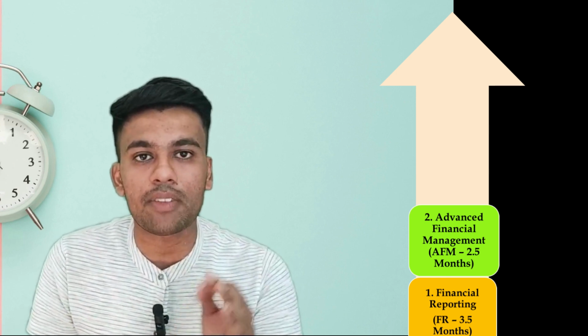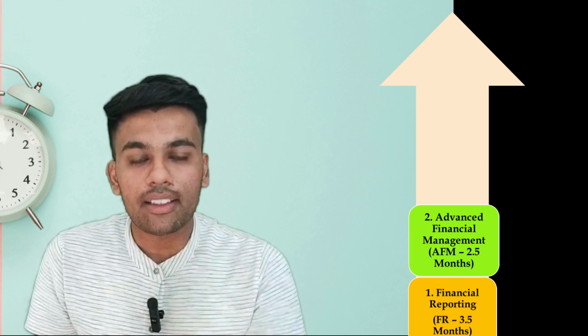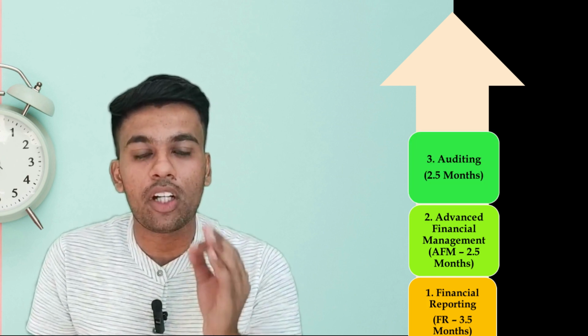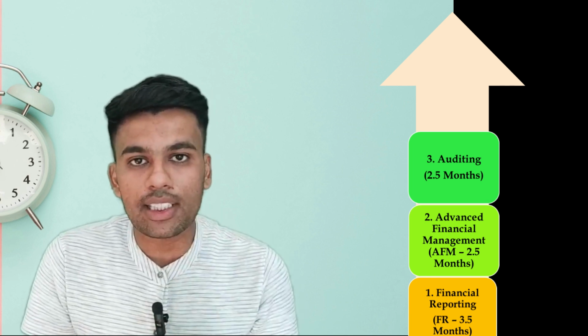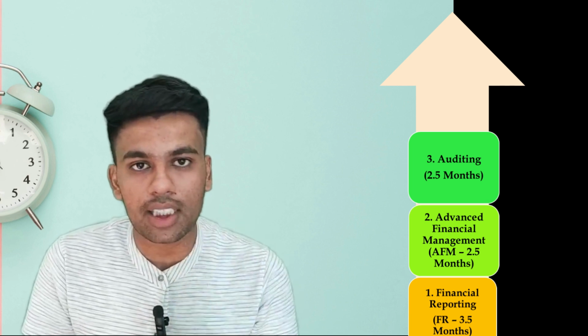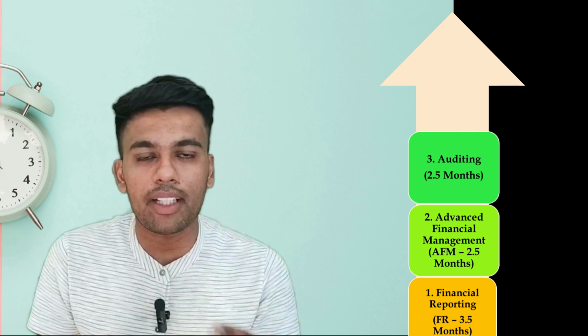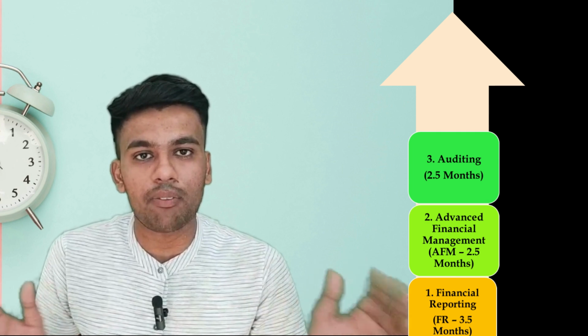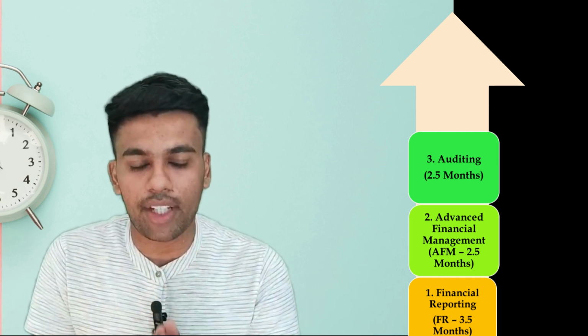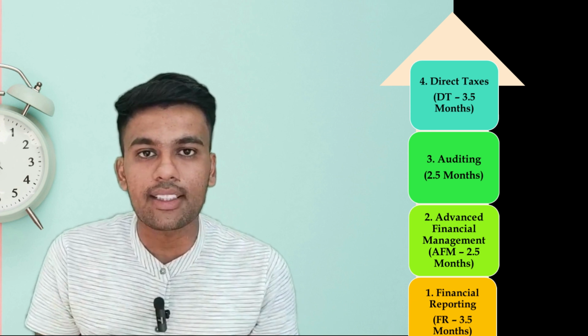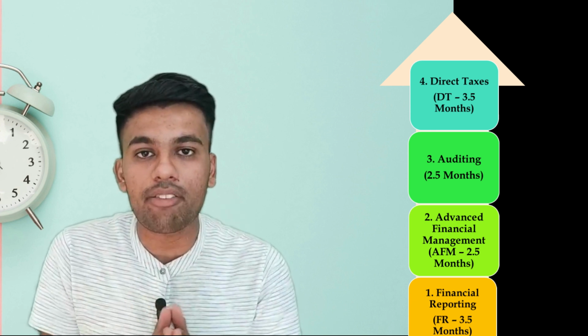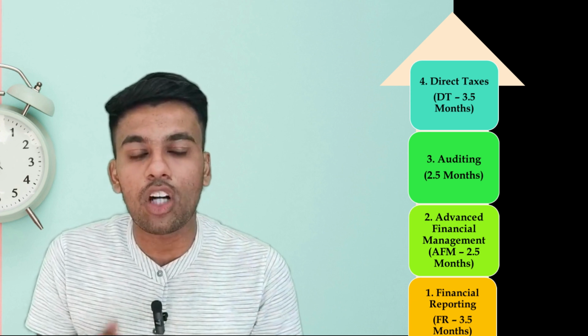Now your next subject will be advanced financial management. In FR and AFM subjects, there are very few amendments that come every year. So it is better to complete these 2 subjects in the initial stage of your CA final course. Now the third subject would be advanced auditing and professional ethics. In this subject again there will be very few amendments, hardly 1 or 2, that you can handle after completing your entire syllabus of CA final. Now DT and IDT, direct taxes and indirect taxes, there will be a lot of amendments coming in because of the introduction of new government taxation rules.